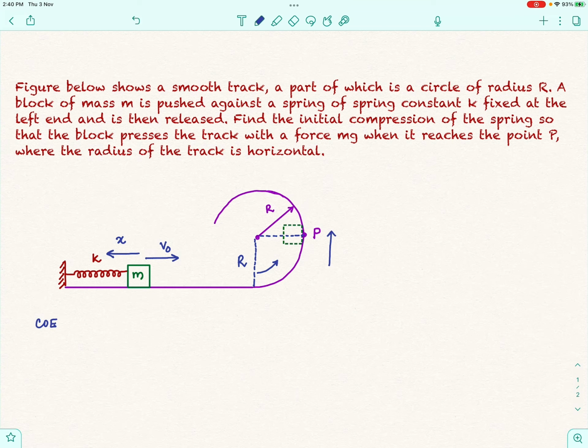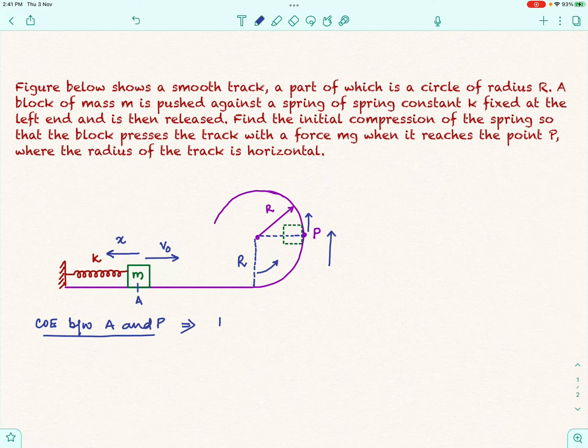We use conservation of energy between the starting position of the block, which we can call the point A, and the point P, where the block is moving in the vertically upward direction because it is at a position on the track where the point P is on the same horizontal line as the center of the circle. So, conservation of energy between the points A and P will give us,